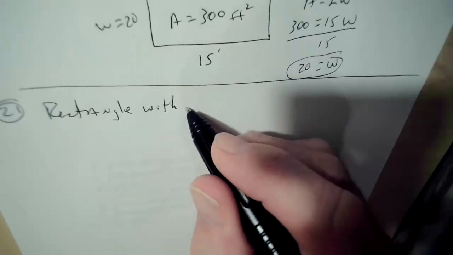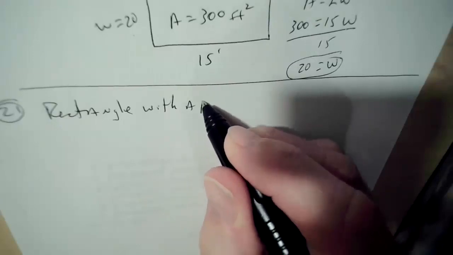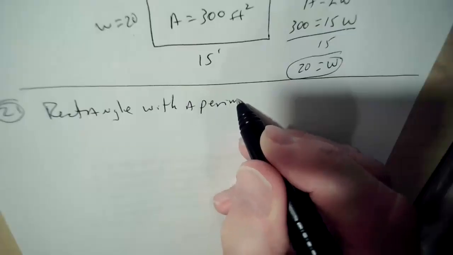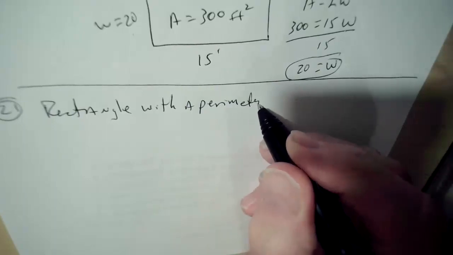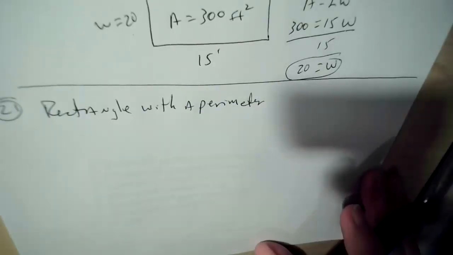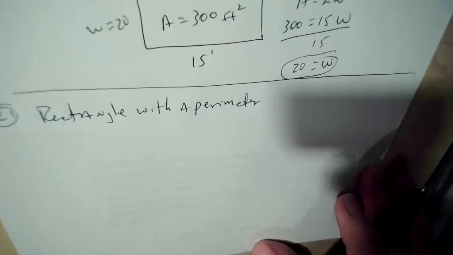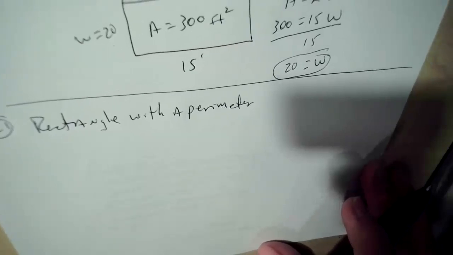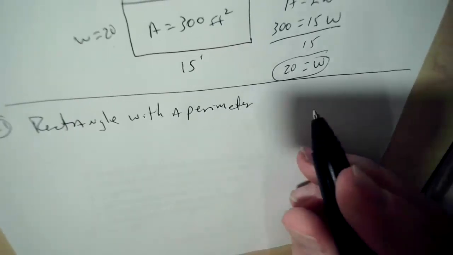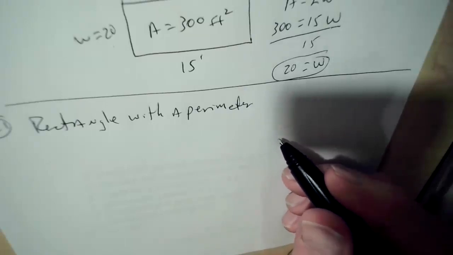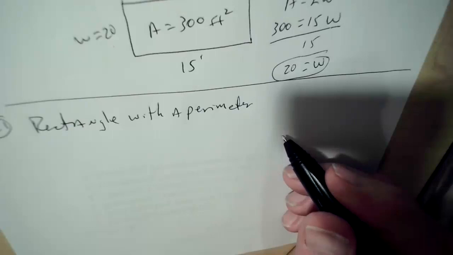Well, you have a rectangle with a perimeter, P-E-R-I-M-E-T-E-R. Now remember, perimeter is how far around is it? Kind of like a fence. How long is the fence? With a perimeter, well,